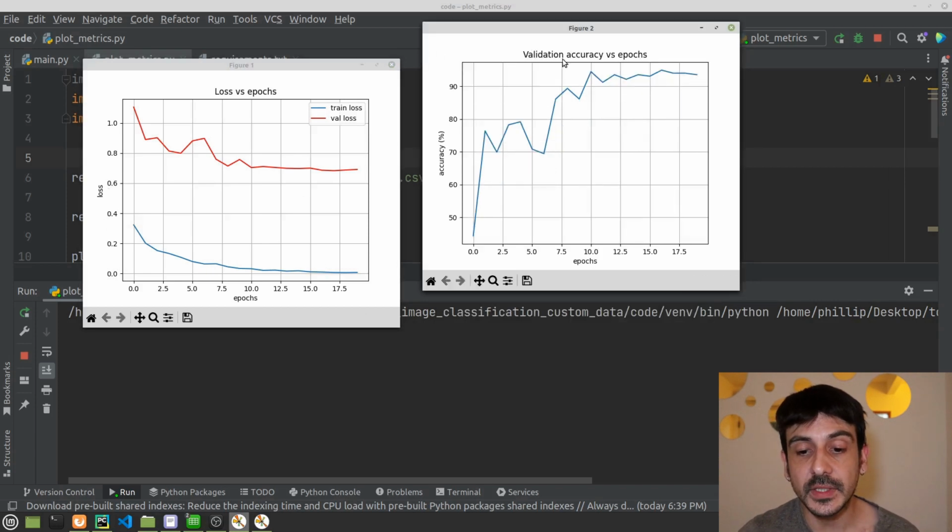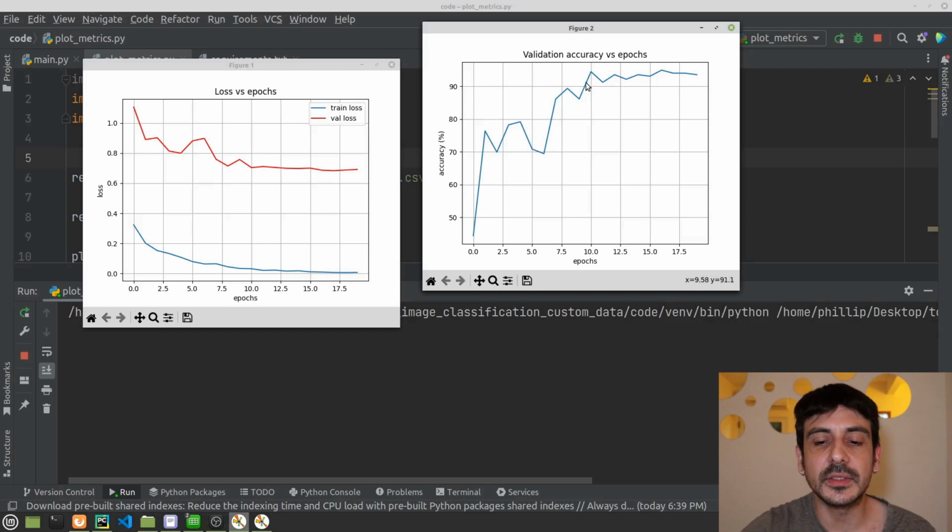And then for this other plot, which shows how the validation accuracy evolves through this training process, you can see that the validation accuracy goes up when we increase the number of epochs, right? You can see that starting from the 10th epoch or so, everything starts to be somehow idle, right? We are not really gaining a lot of accuracy from here, but we are not losing accuracy either. We are just in something like a plateau. And this is exactly how a validation accuracy plot should look, right? We are starting from a very low value and then we are just increasing our accuracy until we reach a very high value of accuracy, right? This is a very healthy training process.